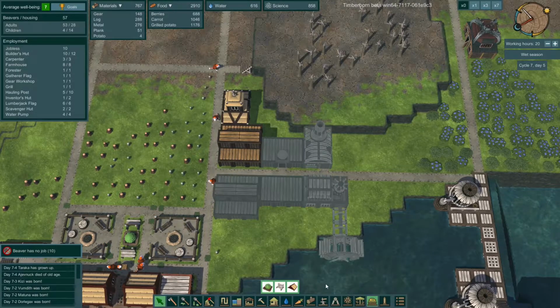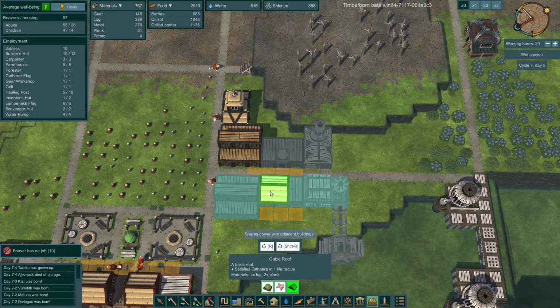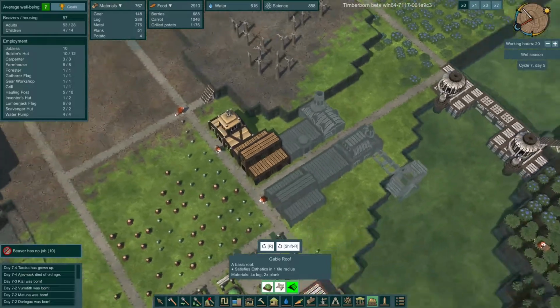So I could also, if I really wanted to, put in roofs and stuff, because you can put roofs on top of these as well. It's a bit of a weird thing. It's a shame there isn't a larger roof, because then you could put roofs like a nice